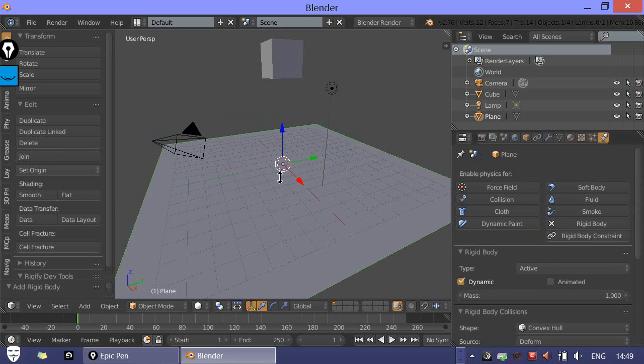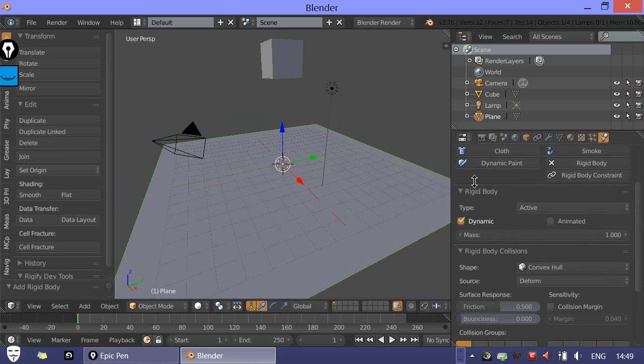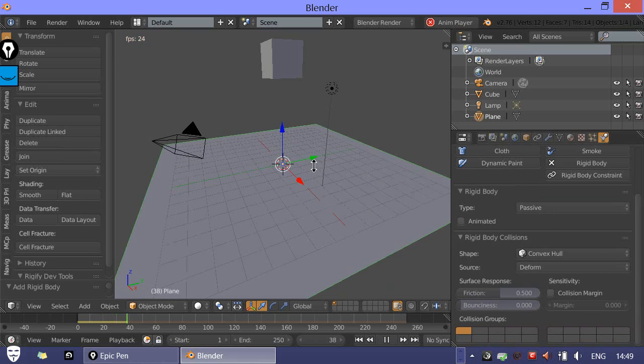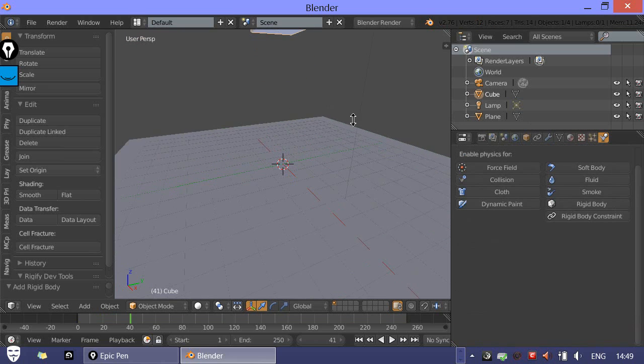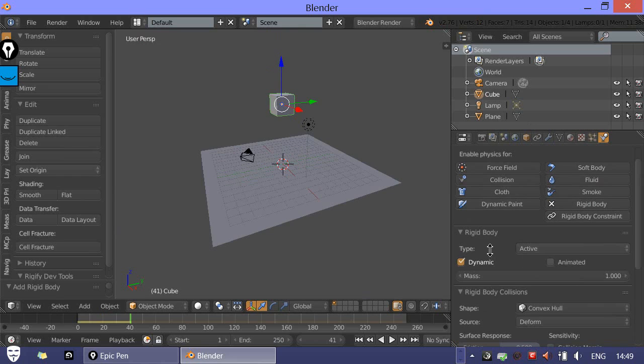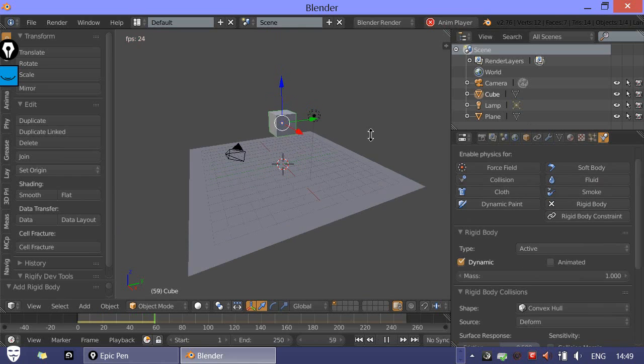When we want to turn objects into actual physical objects that affect simulations, we have to turn them into what's called a rigid body, which I've just done there. Active, passive. Great. So I'm going to select this block up here, click rigid body, and that should be enough now. So if I hit play,